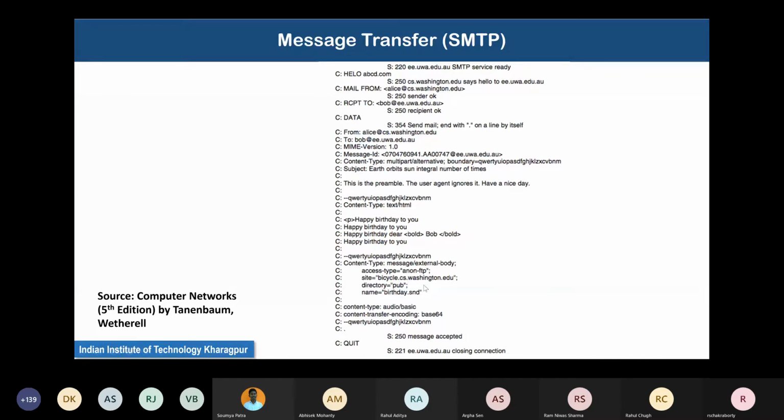This birthday.snd file would actually be fetched by the anonymous FTP from some particular location, and then it will be played.